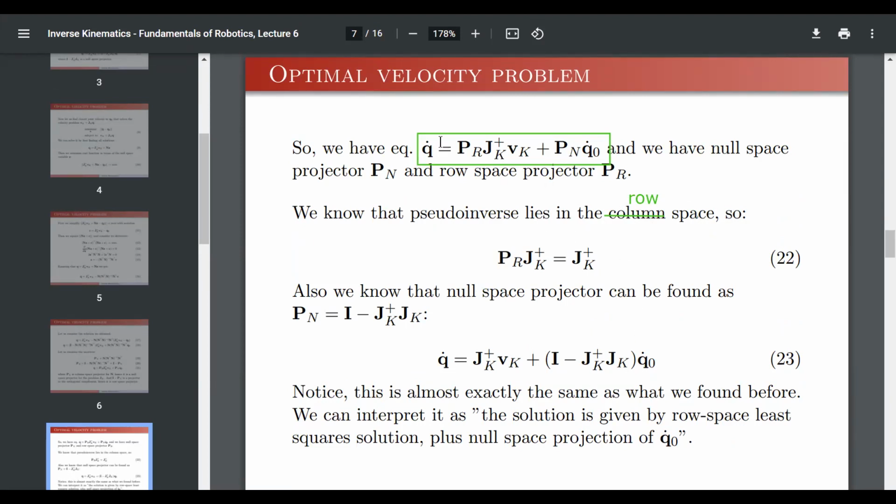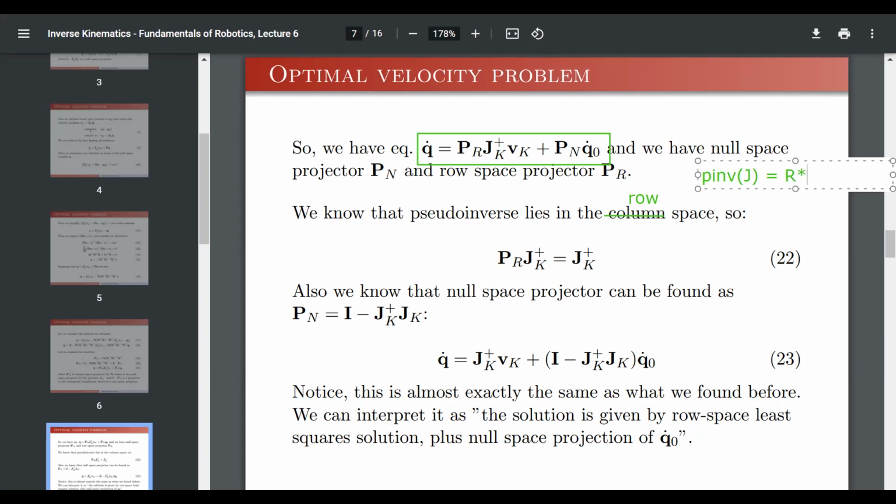Let me just write it here. So the pseudo inverse of, let's say, J would be equal to,